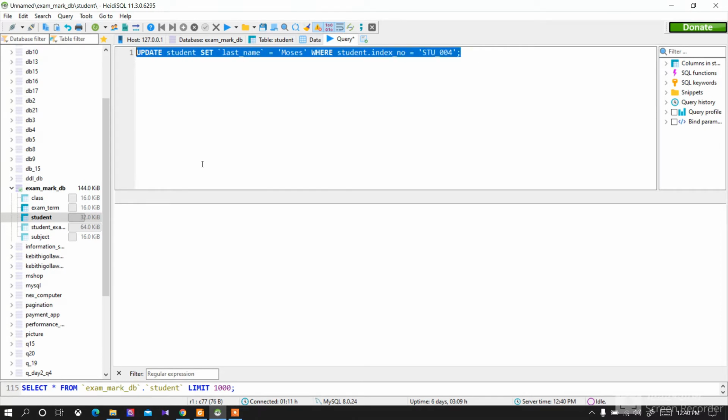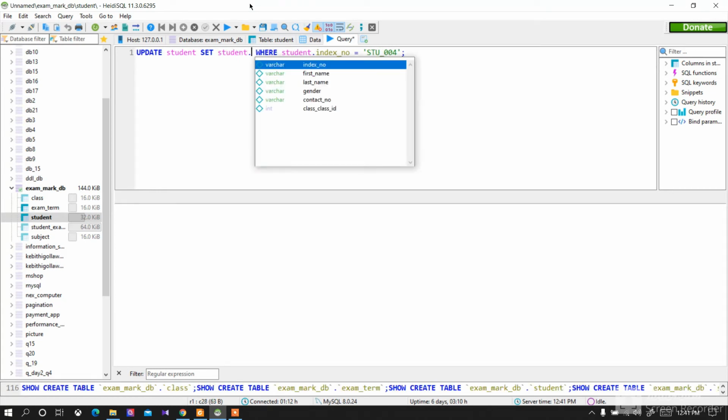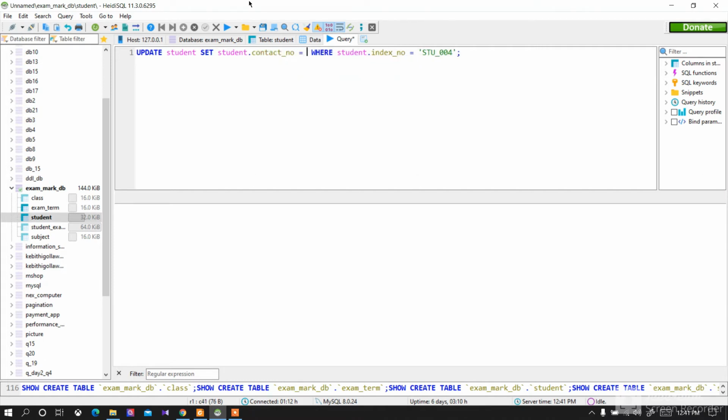And in the third question, the student contact number should be changed to the given number for the student whose name is Natasha. I'm going to update the student table and set the contact number equals this contact number,